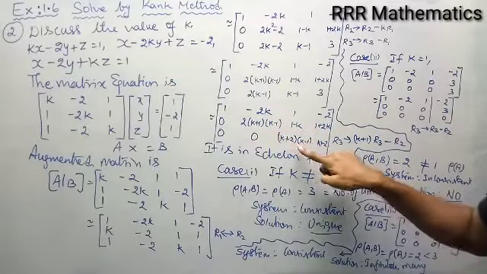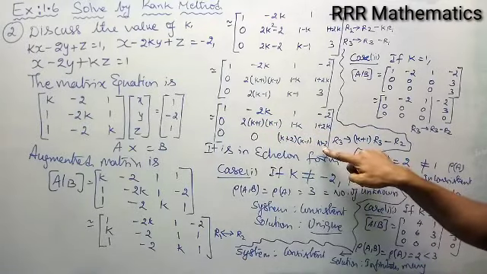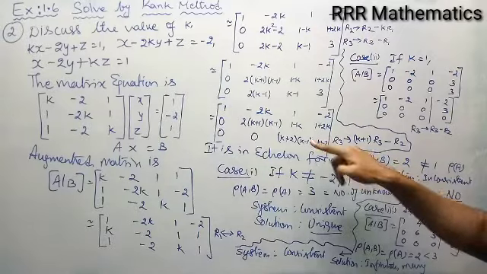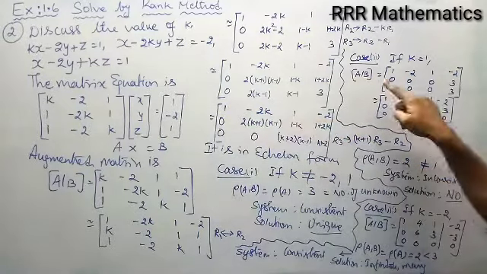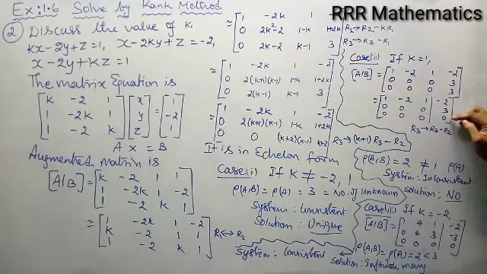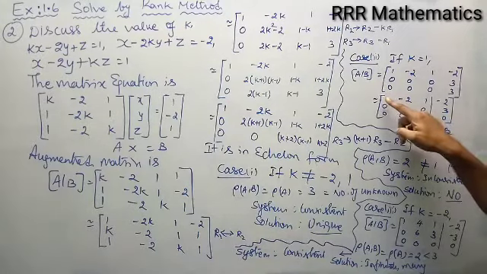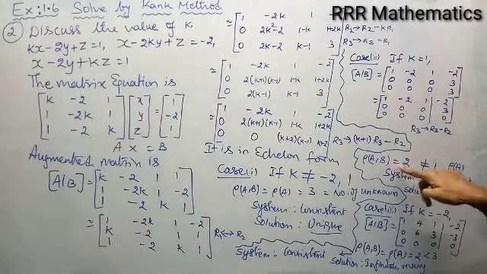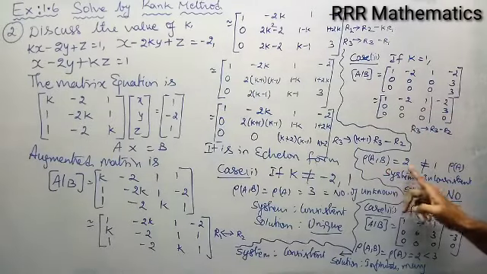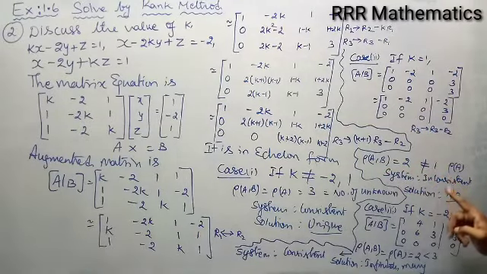And when you substitute k equal to 1, particularly, what happened? Here the rank will be different. See, I am getting 0 here, I am not getting 0 here. So when you substitute k as 1, I am getting like this, but I have 2 rows which are identical. So when you subtract further, the rank of A comma B will be 2, and the rank of A for the first 3 columns shows rank 1. So anyway the rank of A comma B and the rank of A are not equal, system inconsistent, solution no.